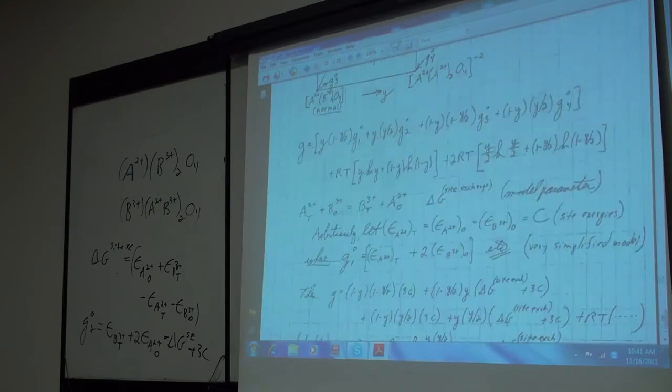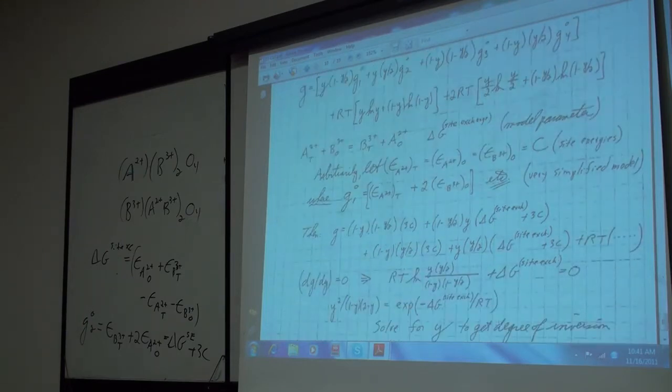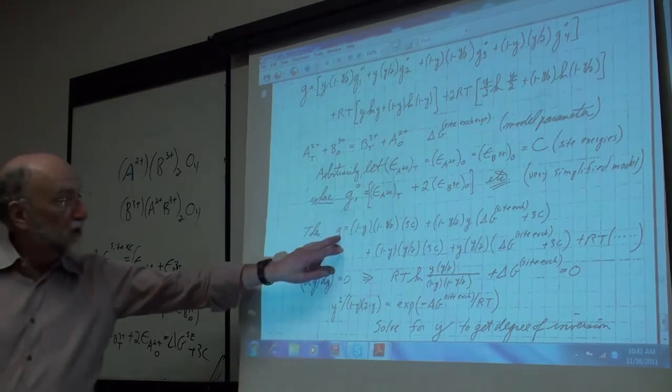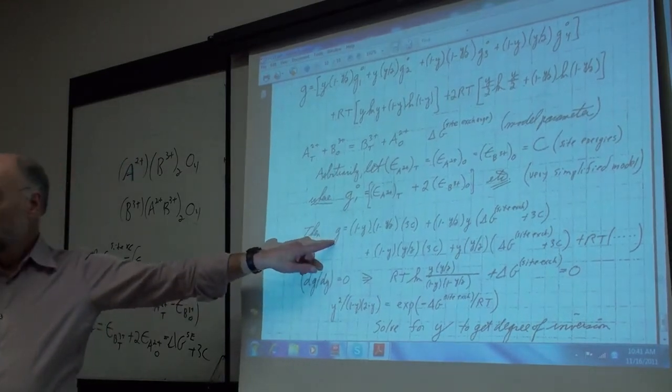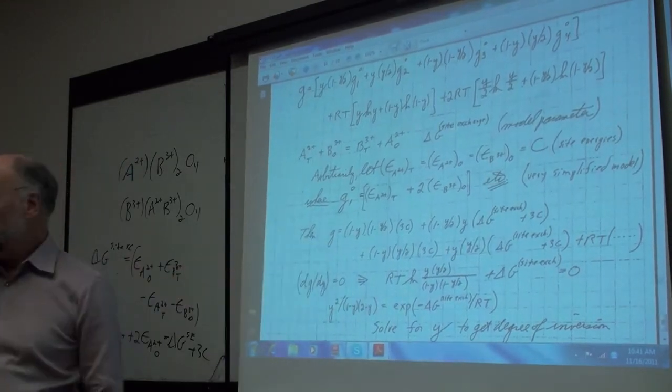Okay, well C then determines the Gibbs energy of the entire thing. Once we have the value of y, we substitute the value of y back into this expression here. We have the site exchange energy, we have the equilibrium value of y, substitute that all back into this expression, and you get an expression for G as a function of the parameter C. This then is the Gibbs energy of the real mixed spinel,